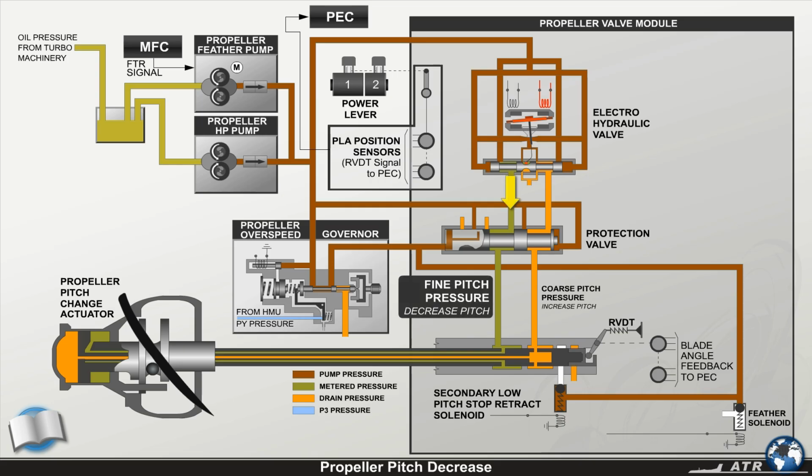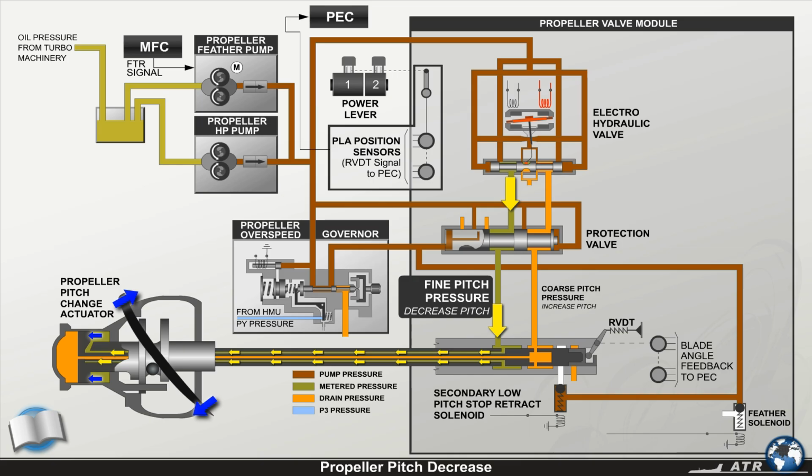A decreased pitch change signal will cause the slide valve to route the metered pressure to the decreased pitch chamber of the pitch change actuator and to connect the increased pitch chamber to the return. As a result, the actuator moves forward, driving the blades to decrease pitch, and as the oil transfer tube is attached to and moves axially with the pitch actuator yoke, oil transfer tube axial position is a direct indication of